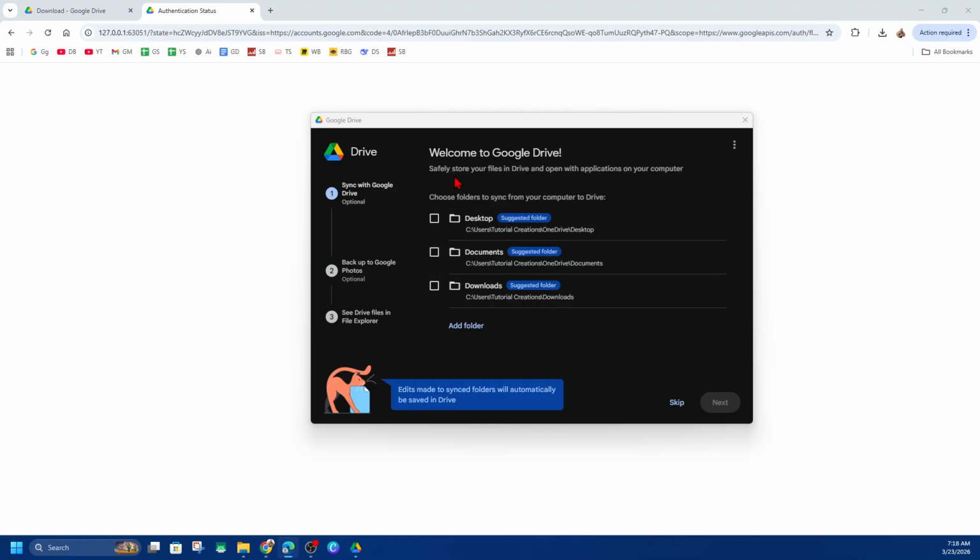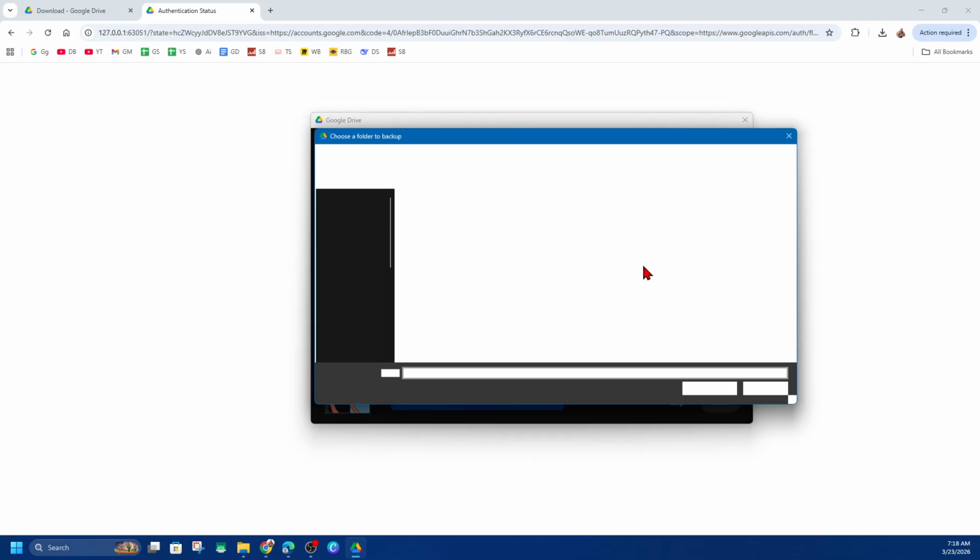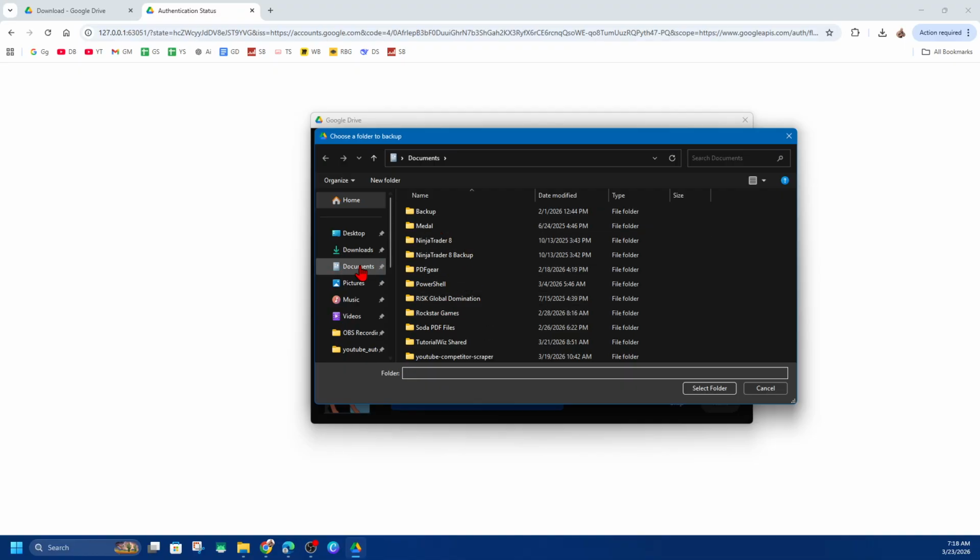Now from here, it says here, welcome to Google Drive. Safely store your files in Drive and open with applications on your computer. Choose folders to sync from your computer to Drive. So these folders are going to automatically sync to Google Drive. Now it's going to give you some suggested folders, but if you don't want to use any of the suggested folders, go ahead and click and add a folder and then find that folder you'd like to automatically back up